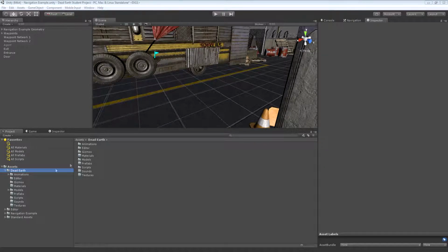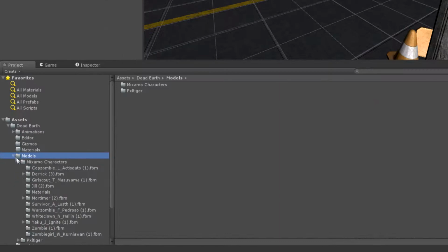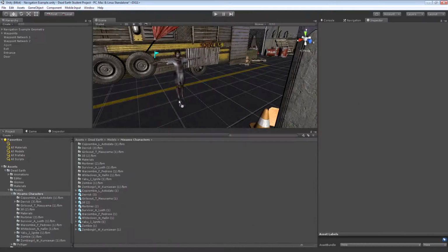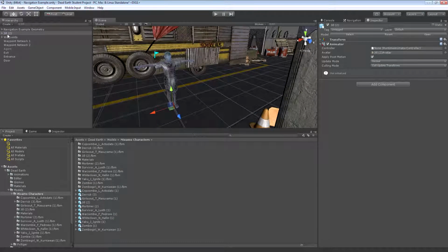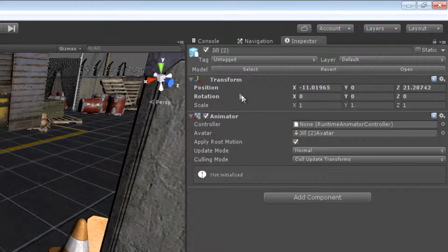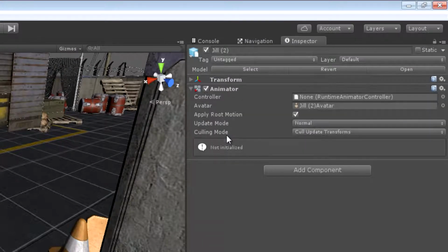So we're going to start by going to our models folder, into our Mixamo characters folder, and I think I'm going to use Zombie Jill for this demonstration. Now when I select Jill in the hierarchy, you'll notice that there's two components on her game object. There's the mandatory transform component, of course, which all game objects have, but there's this animator component, which you may